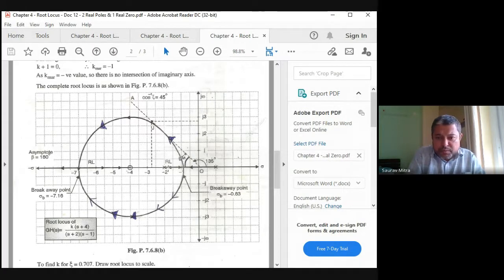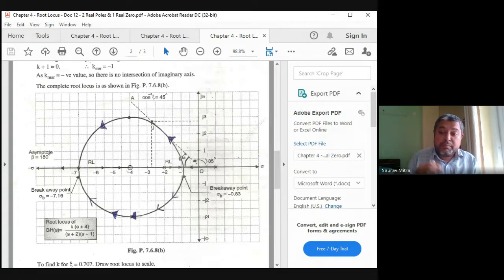So these two poles will come closer. They will collide at -0.83. Then they will bend towards the left side. The question is, sir, how do we know it will bend towards the left side? Because -4 is there on the left side of both the poles. In that case, one of these two poles, this is 0 and this is -2, one of these two poles will end in this -4. That means the whole root locus has to go to the left-hand side.